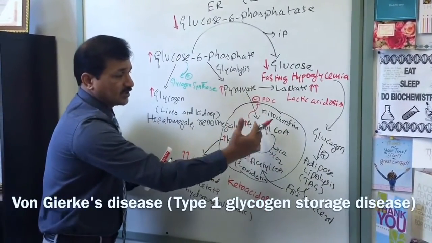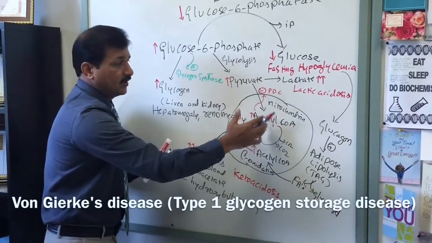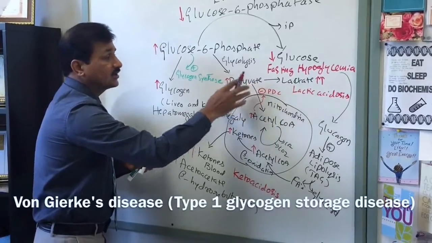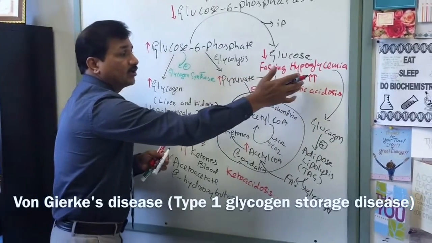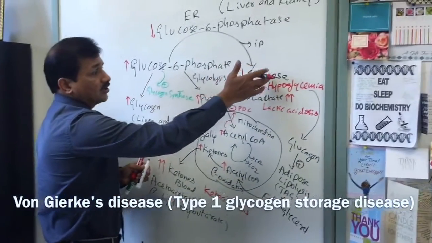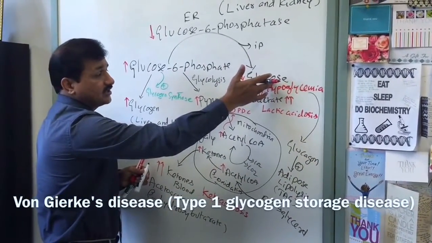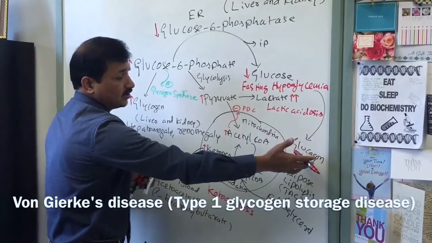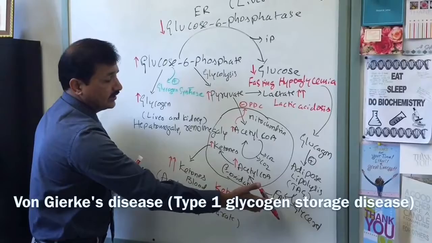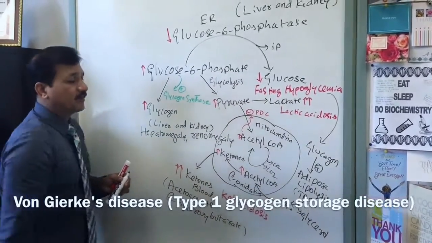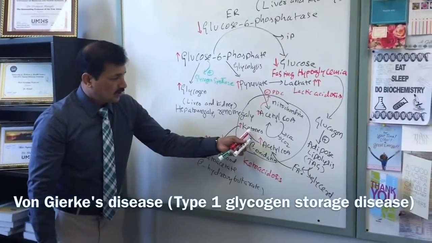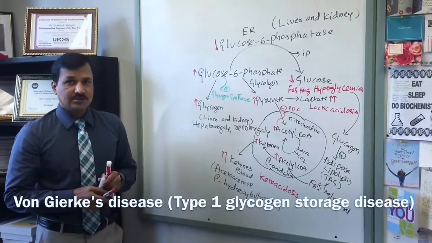When the TCA cycle saturates and acetyl-CoA builds up, PDC is decreased. When PDC activity decreases, it raises pyruvate. Pyruvate can go into lactate formation. Also you have hypoglycemia in Von Gierke disease. Hypoglycemia leads to an increase in glucagon, and that causes adipose tissue lipolysis, releasing fatty acids and bringing acetyl-CoA here. So acetyl-CoA is diverted into ketone bodies and there will be ketoacidosis.